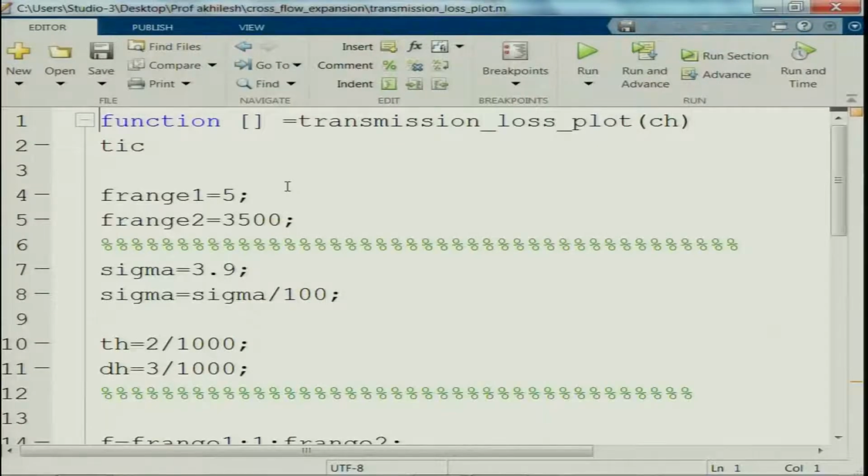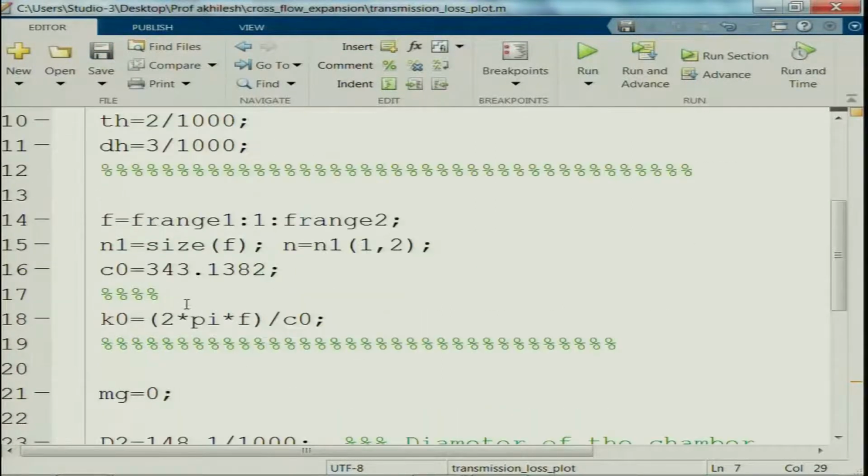Now, this is the overarching function, as we know from the programming logic that I have adopted. An overarching function calls another subroutine, which in turn calls another, its own the heart of the program, or the main thing that models the system. So, this is your frequency range, which is fairly simple. I have deliberately set some very low sigma values. We can modify that porosity. So, this really is your porosity. Okay. And these are the thickness of the pipe and the hole diameter respectively,